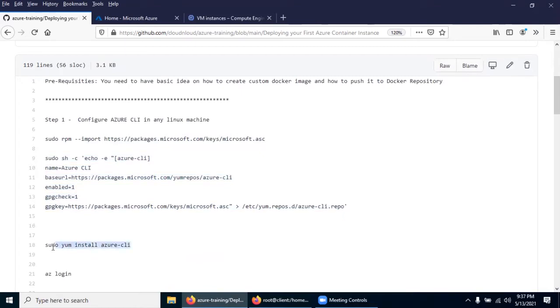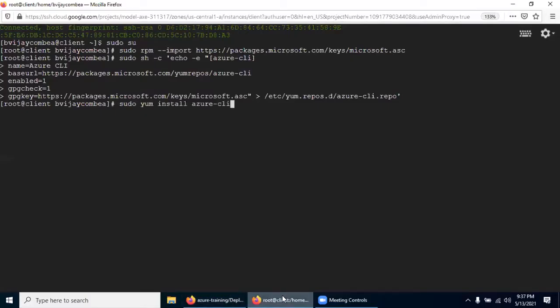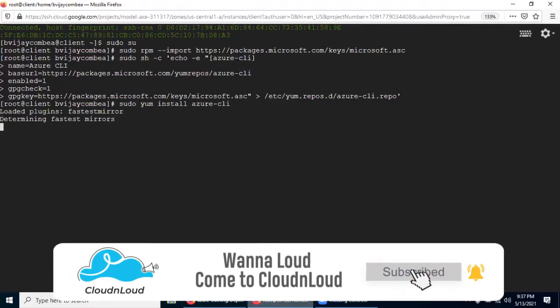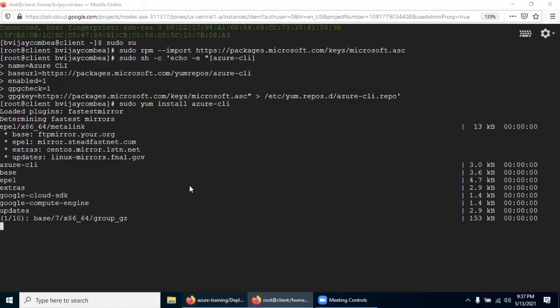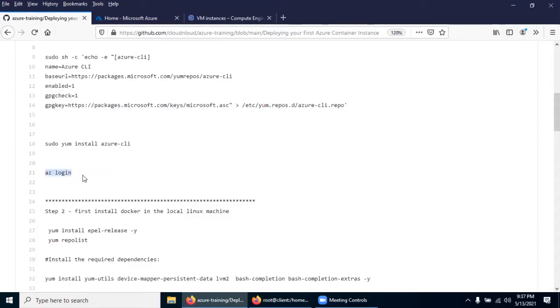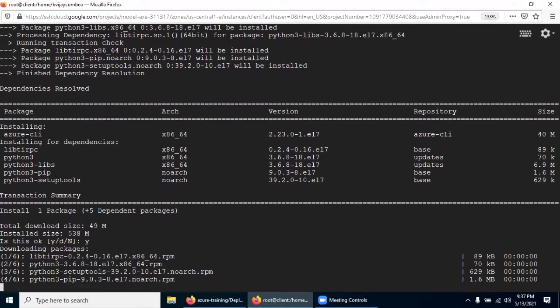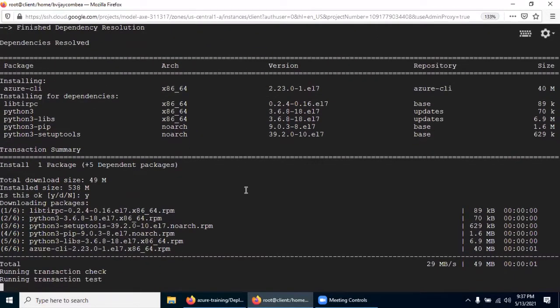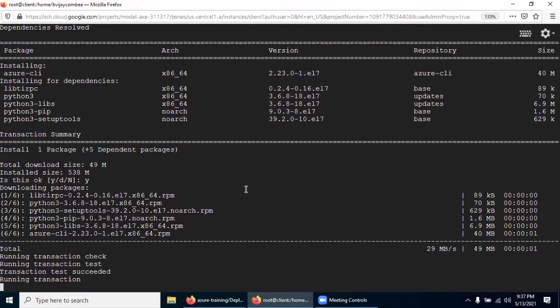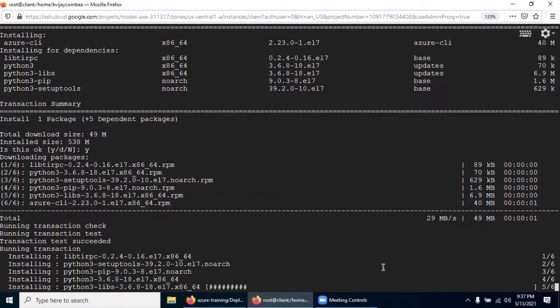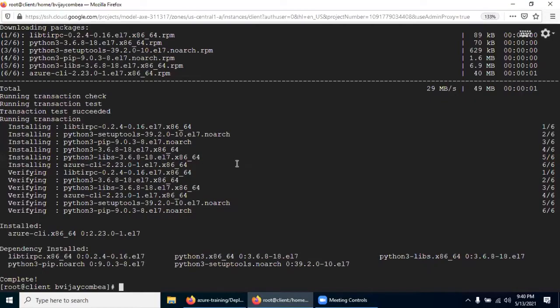Now I'm going to install the Azure CLI. Yes, I want to install it. The size is somewhat high. So now we have installed the Azure CLI packages. Installation completed successfully.